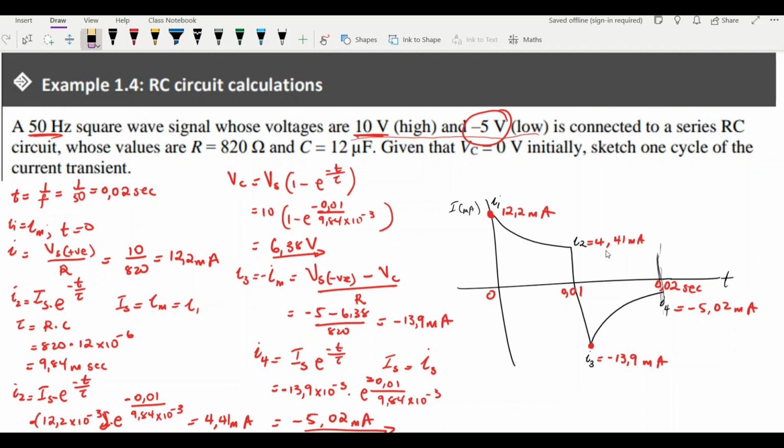That in this case gives us negative 13.9 milliamperes. That would be the lowest current before going up, right? Now, the discharge current in this case would be I4, which would be Im multiplied by e to the power negative t over time constant. At this point, I3 would be the maximum current or the supplied current before going high that you'd be using. And then, of course, the last thing you'll be doing is to draw your diagram